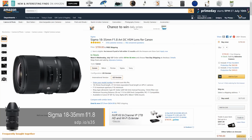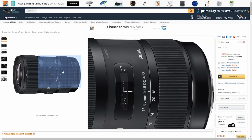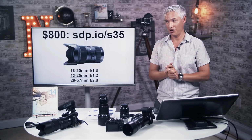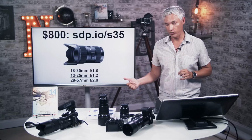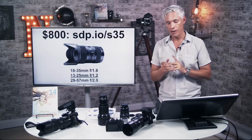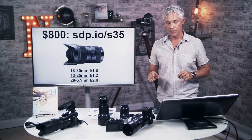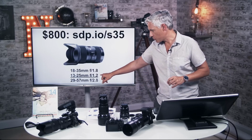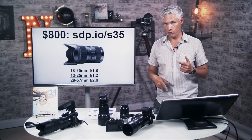Now, I would suggest using 2 lenses with these Metabones speed boosters. The first is the Sigma 18-35, which I cannot show you because it is filming me right now. That's how much we love it. It's like the main lens in our studio. It's about $800, which is an incredible value. That's less expensive than those Micro Four Thirds lenses that I just showed you, but it's way sharper and way faster. It's natively an f1.8 lens, but when you put on your speed booster, it's going to be an f1.2 lens. That's the aperture that the camera will see,